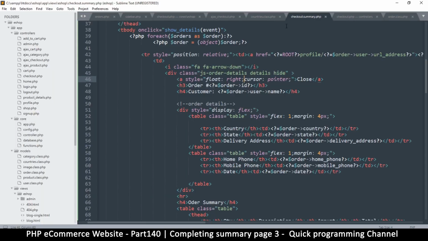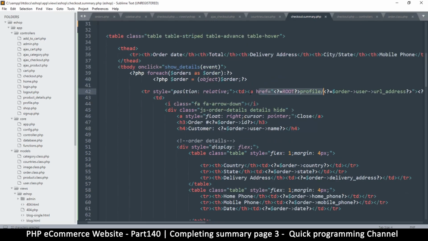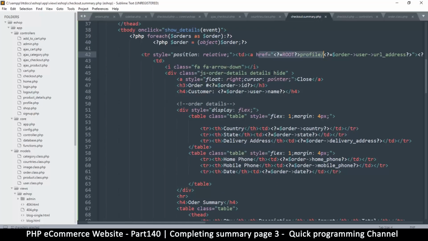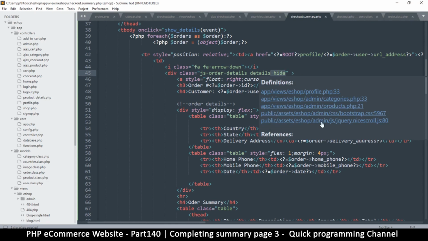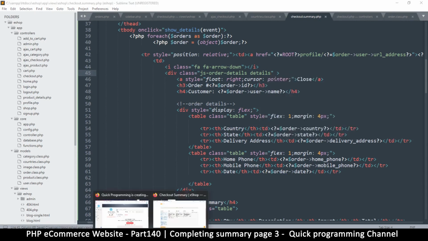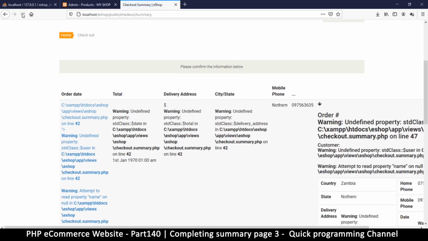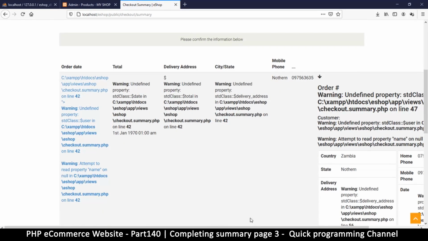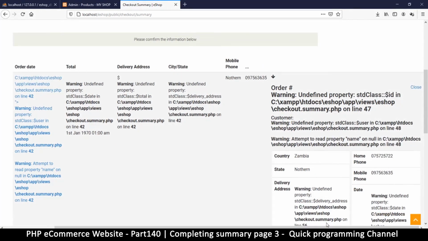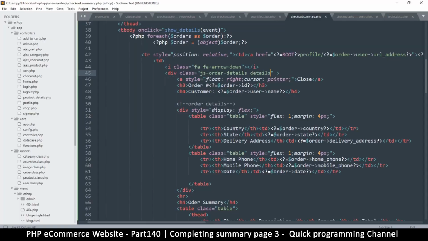So let's come to checkout.summary.php. That's the view. And then instead of deleting these things one by one, we don't actually need any of them. What we need is this div here, which has a hide right there. So if I remove that hide there and refresh, you see that there's order details here on this other side, and these are the details that I actually want. So what to do here is to get